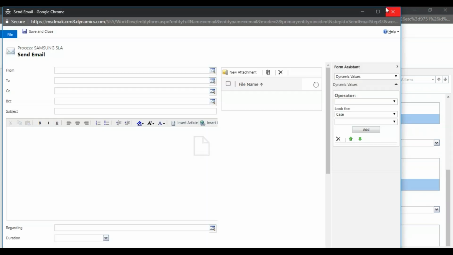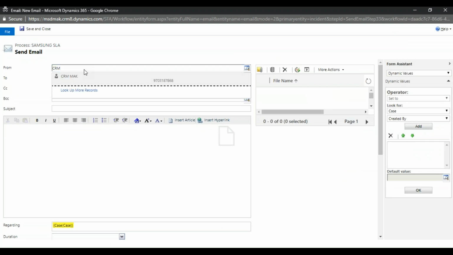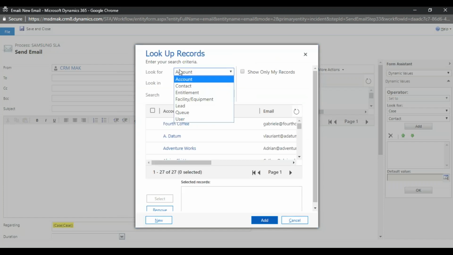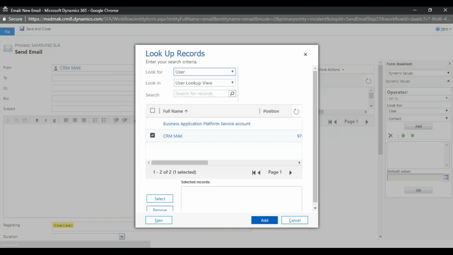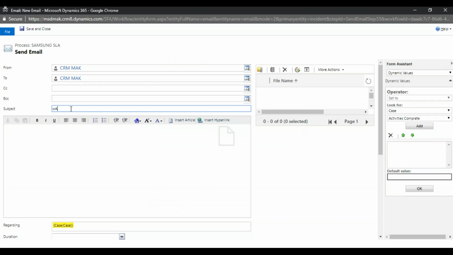Set properties from CRM to CRM. Warning: remaining 4 minutes to resolve the case.